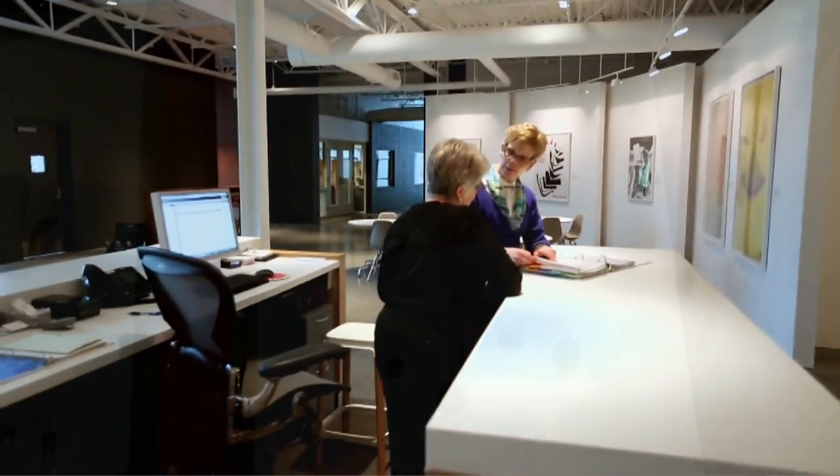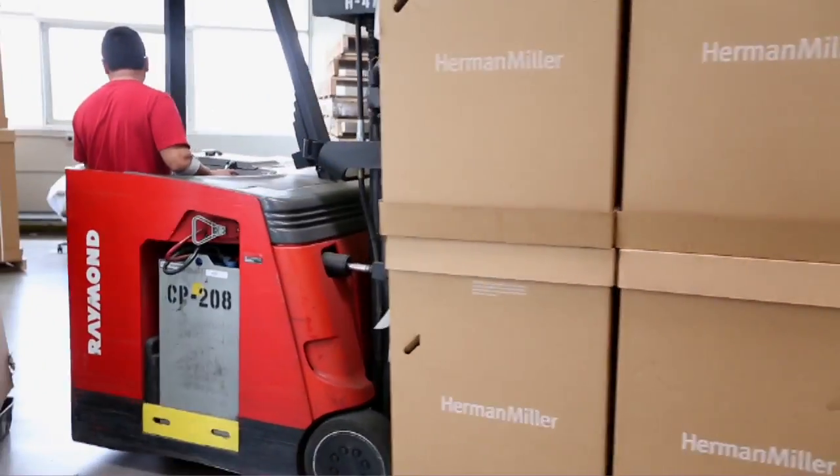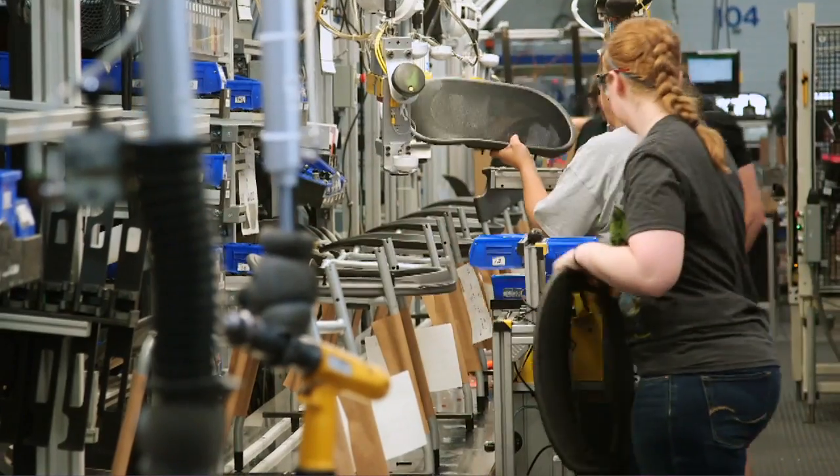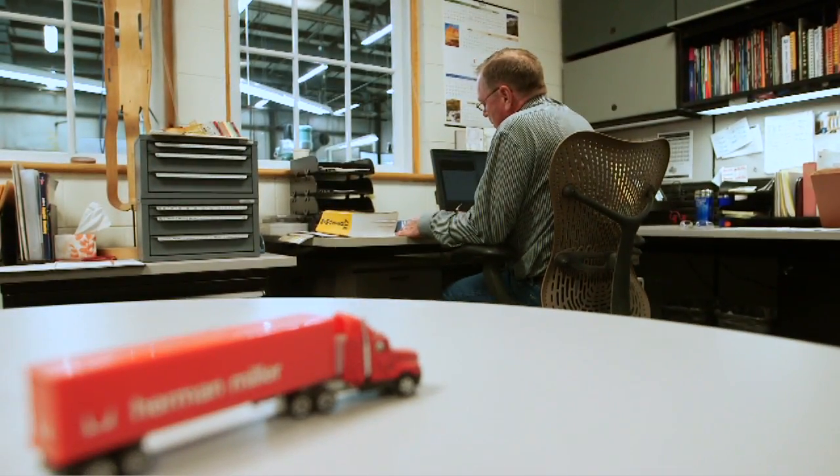Herman Miller designs and manufactures furniture for work environments ranging from offices to schools to hospitals. It also has a large residential offering. The company is over 100 years old, but is facing a new issue when it comes to their more mature